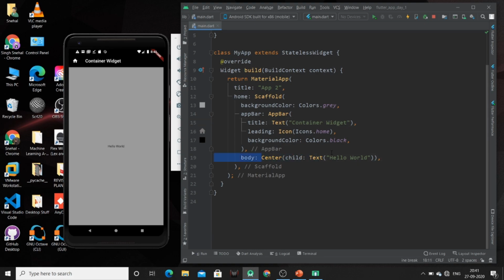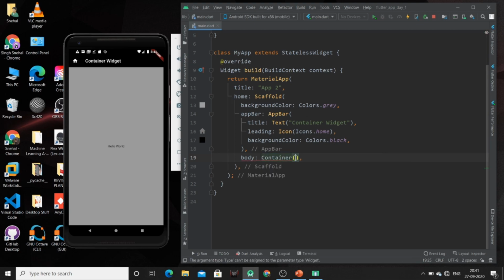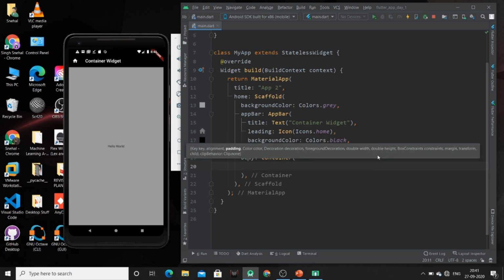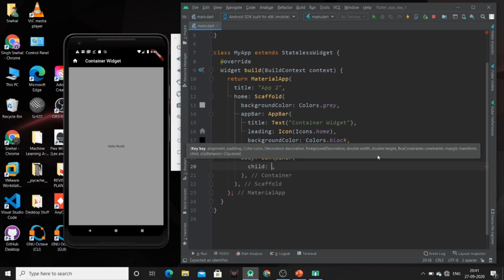Now we are going to use container instead of this center and text widget. So just use the container widget. Now a container can specify only a single child. This child can be any widget like the center widget or text widget which we have used earlier.